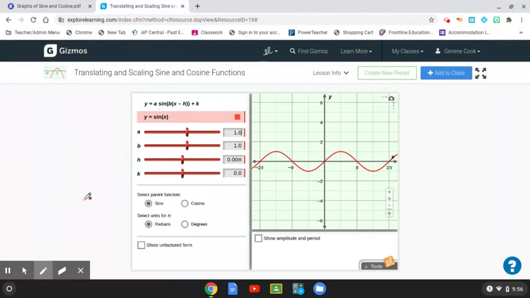Now, h. In the past, we've learned that h shifts the graph left or right. That is the same with sine and cosine. We just give it a new name. We call it a phase shift, okay? But it works the same way it has in the past. If h is positive,